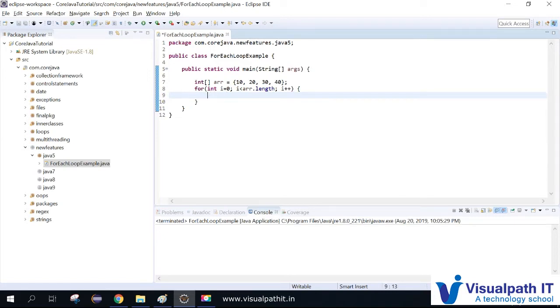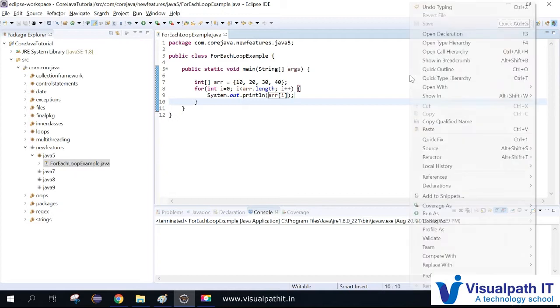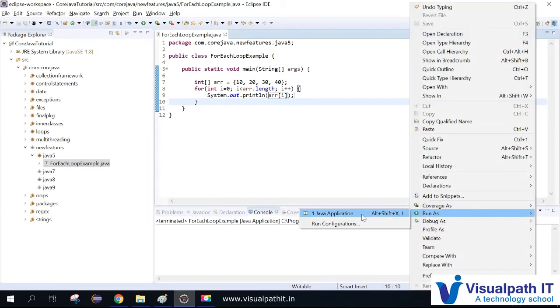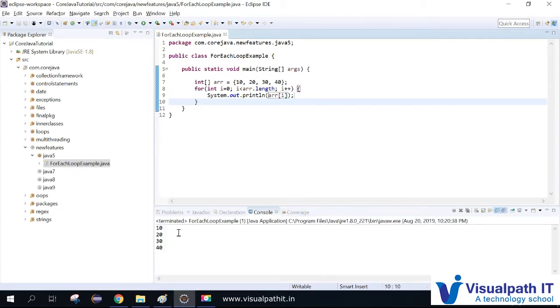So guys, in Eclipse there is a shortcut to use. If you've gone through my Core Java tutorial, you might be aware of it by this time. You just need to type sysout, Ctrl+Space. If you just press Enter, it will print System.out.println for you. So the way to print the elements is array[i]. That's it. You can see the output.